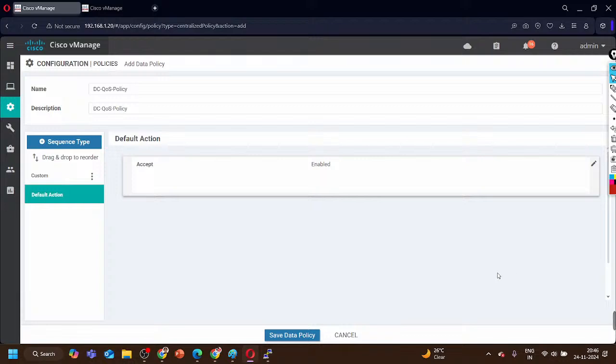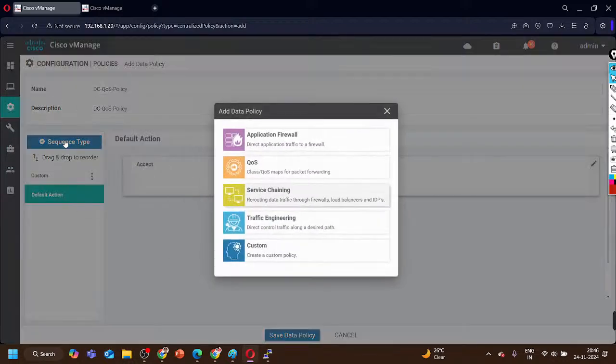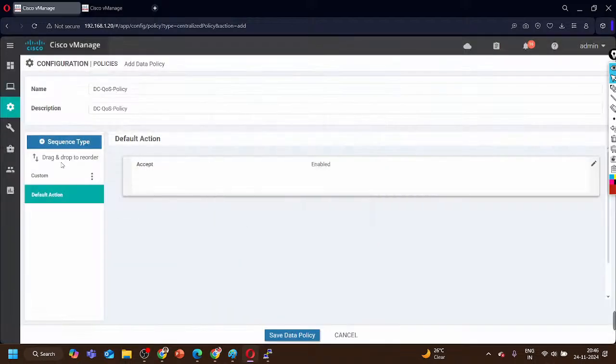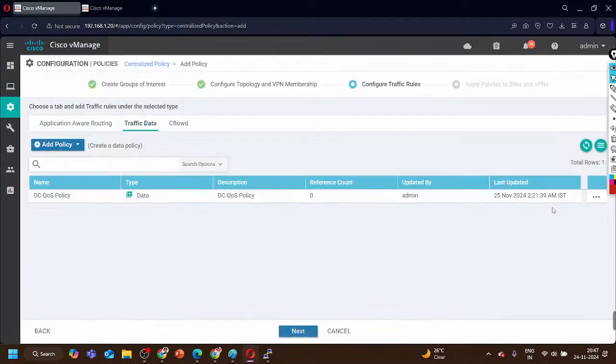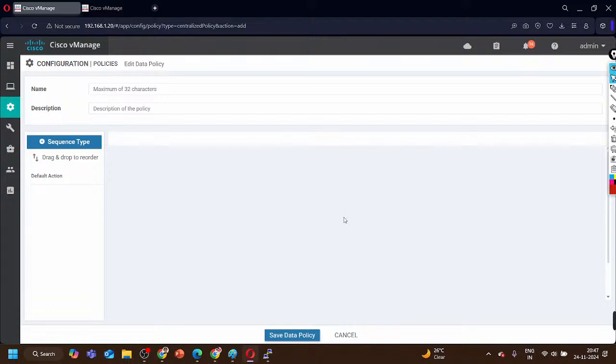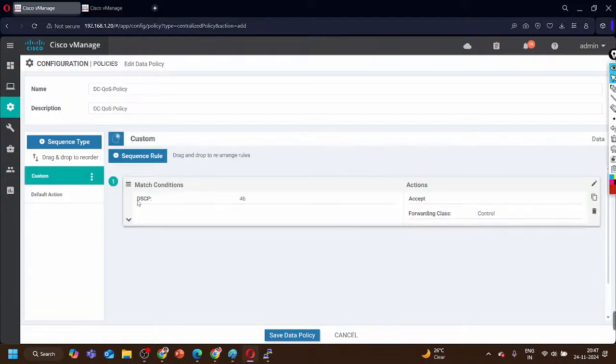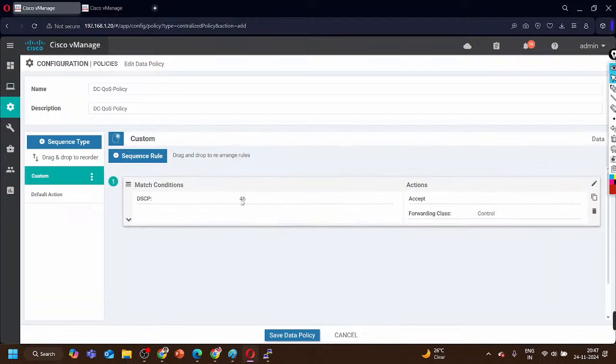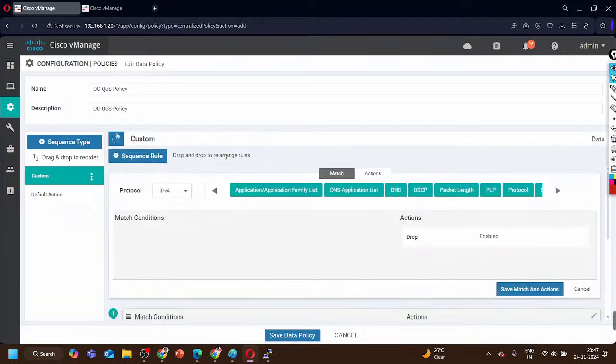Right, then one more sequence rule I need to create. So again I am going to click on sequence type. Wait, where is my sequence type? Edit. Here is sequence type 1 for voice traffic only, DSCP 46. Let me click on sequence rule again, and this time again I am going to match DSCP, and let's say